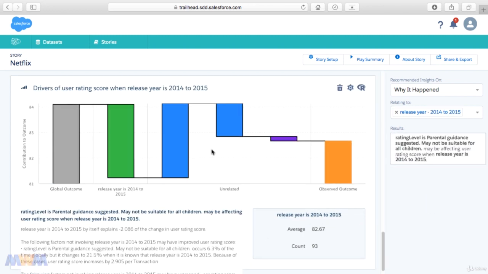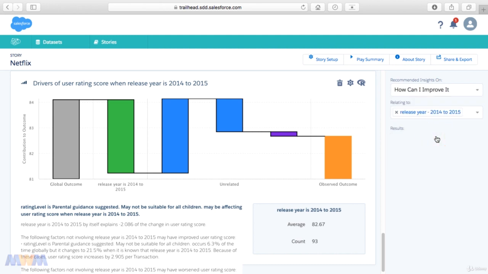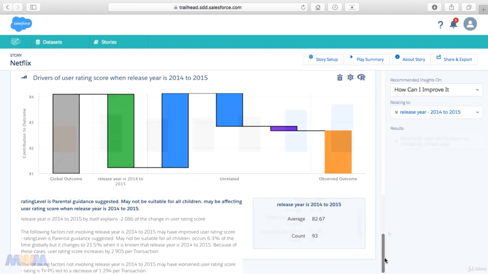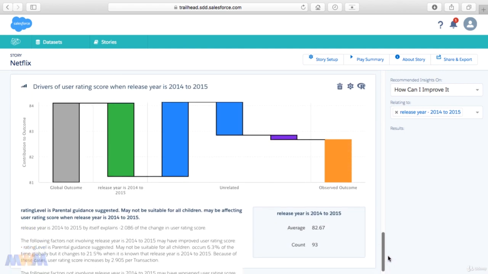And so now it brings us back to that particular insight, and we can then drill down further. This is why it happened, and you could click on some of these other recommended insights to see more details. You could click on how can I improve it, and it takes a little while and it's not showing anything here, but there should be some results that pop up eventually on what actionable things you could do to improve things or get it to head in the right direction that you're wanting to. So let me scroll down a little bit to see if I can get this to pop up. Actually it's not coming up with anything of how you can improve for that drilled down of an insight,